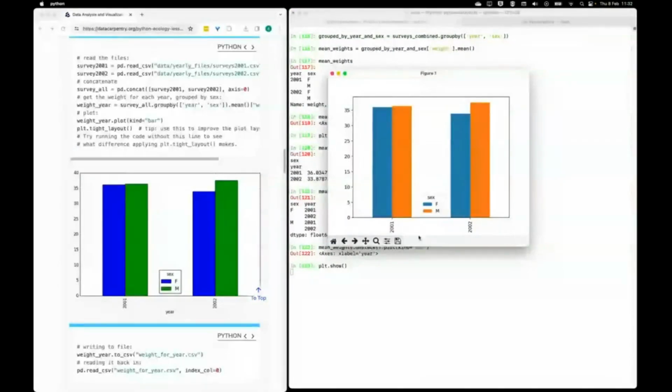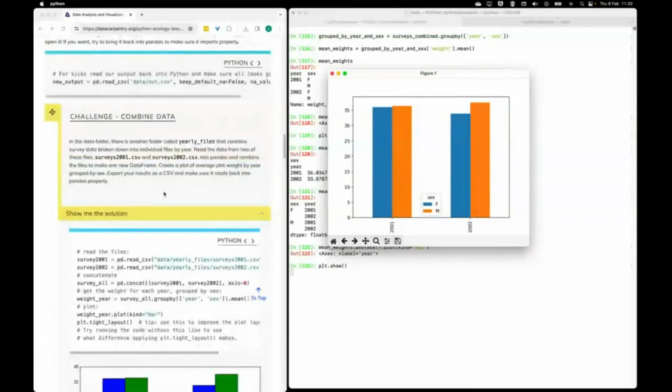So let's see how this plots. Okay, yeah. So this is what we want. So for each year, it shows the average weight for the 2 different sexes,